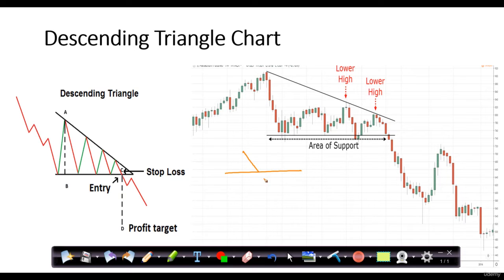After the breakout, wait for the retest and then only enter. That's the safe entry using the descending triangle chart. Hope you understand the descending triangle chart. Now let's take a live example